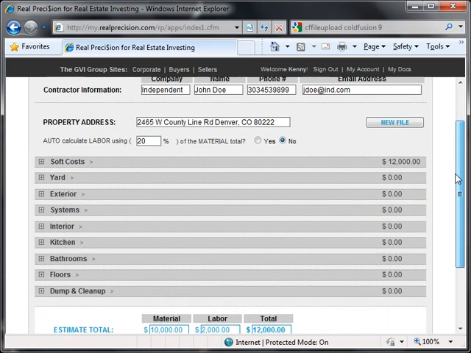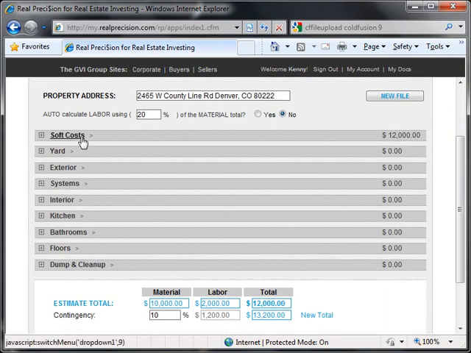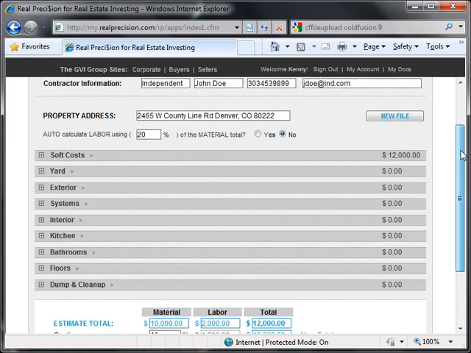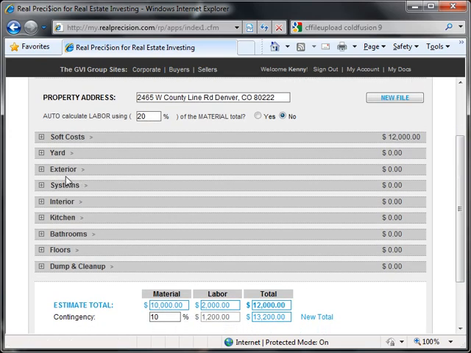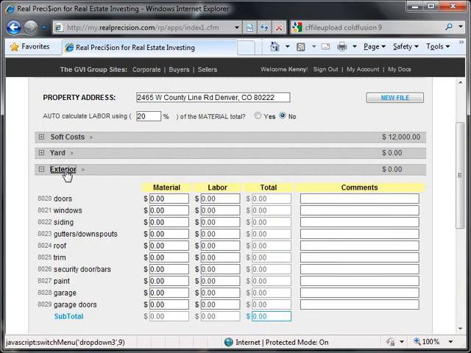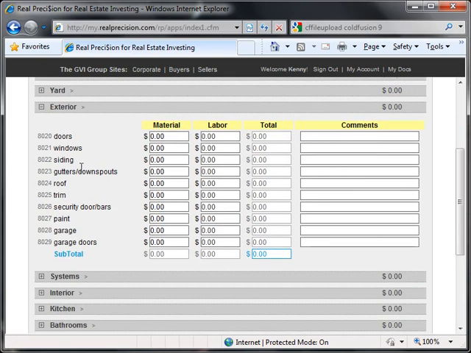If we scroll down here, you'll see that it's broken up into several different categories. If you're using a hard money lender, the hard money lender will typically give you a form to fill out with your repair costs, and that form will typically have several different categories and subcategories. This application is broken up in basically the same way. So, for instance, if we go into the exterior category and click that, it'll open up a drop-down that will have all the subcategories in it. And if we take a look at the gutters